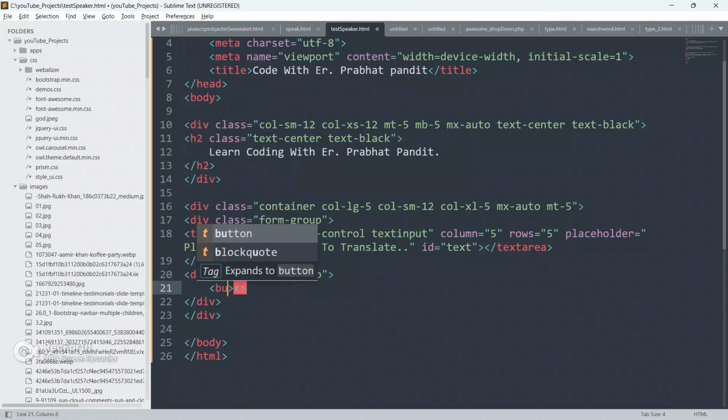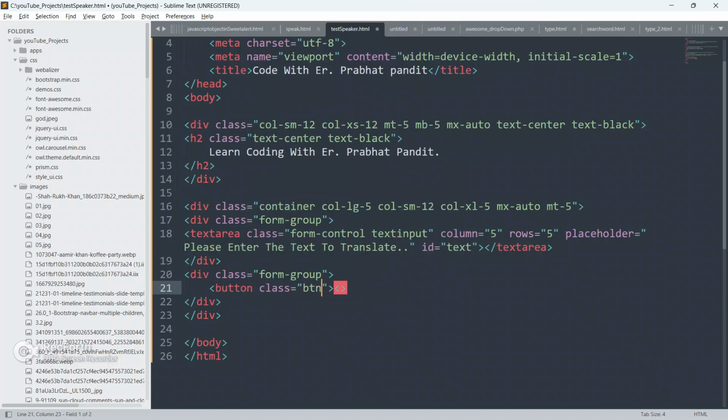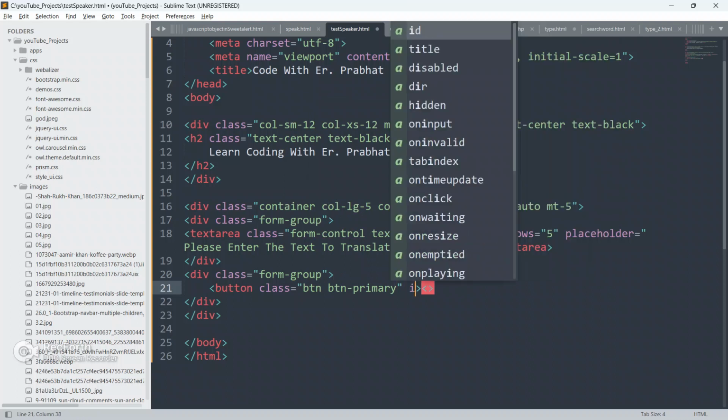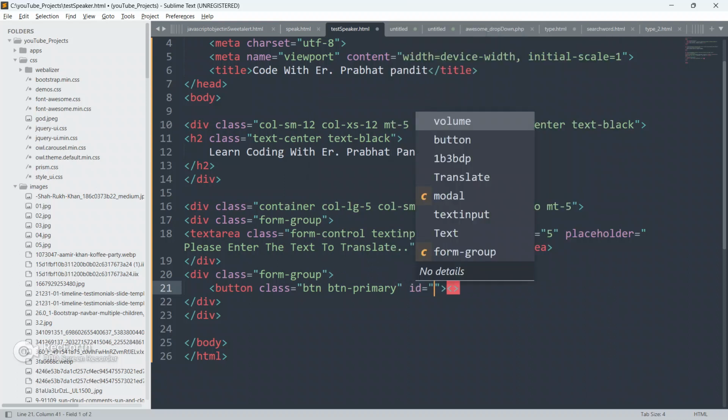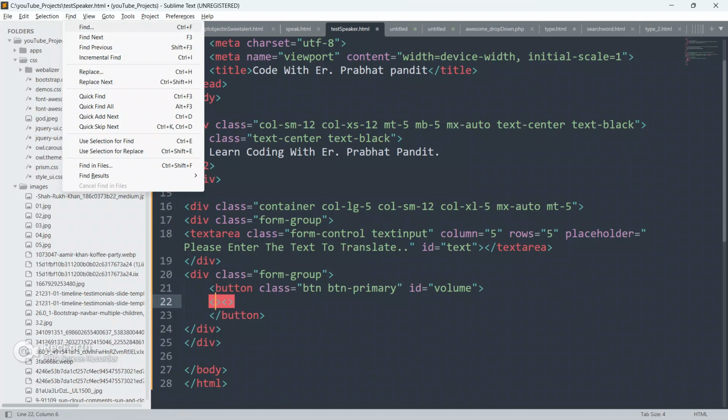So let's create a button inside this div. Give it a class as btn-primary, and give an ID also as volume. Close this button, and inside this button create an i tag.